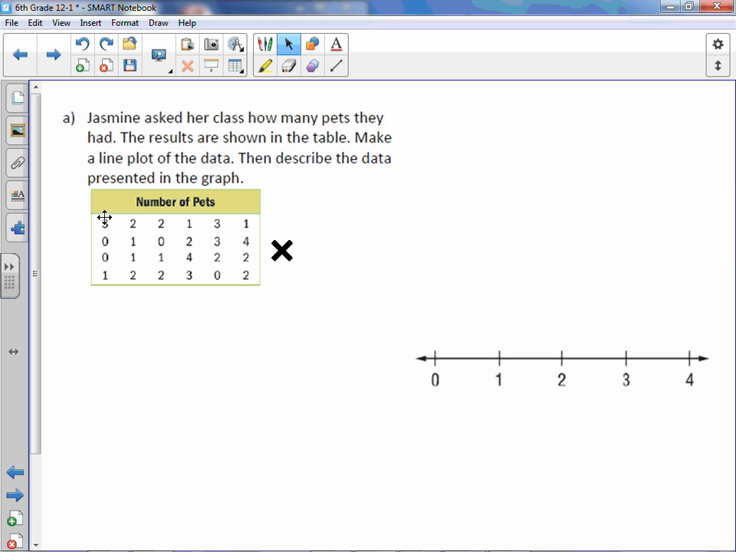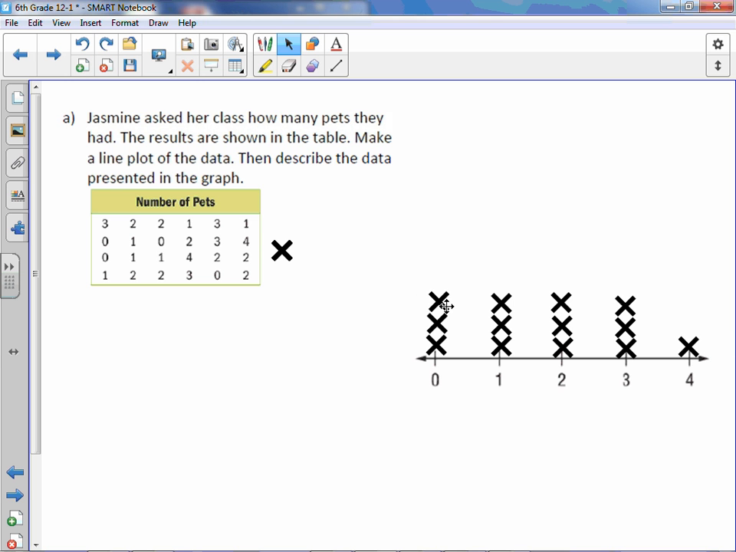So for example, there's a 3 as our first number. We're going to place an X above the 3 on the number line. Then we have 2, 2 again, 1, 3, 1, 0, 1, 0, 2, 3, 4,